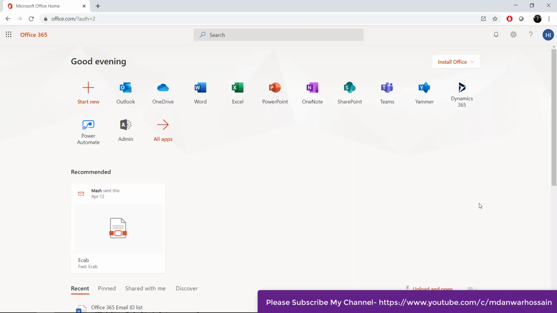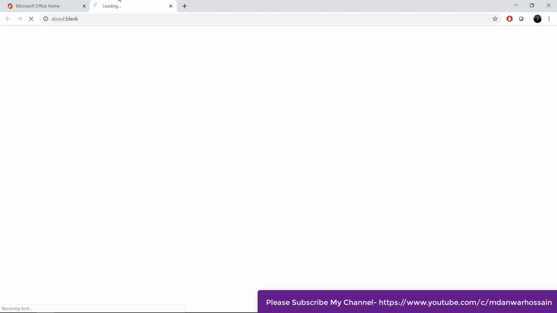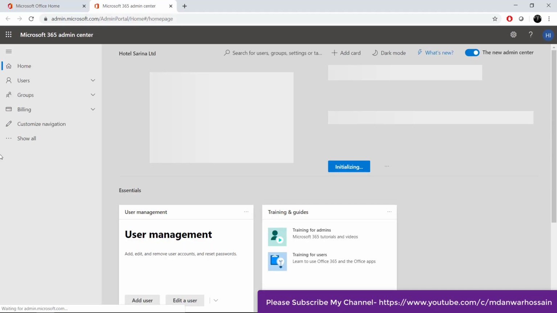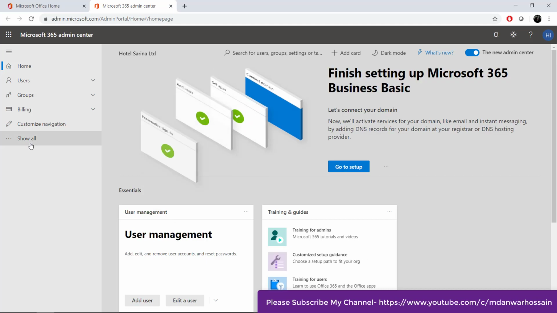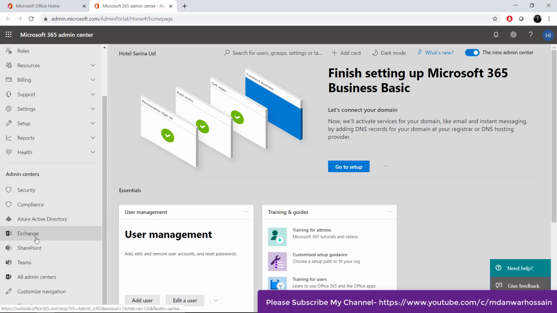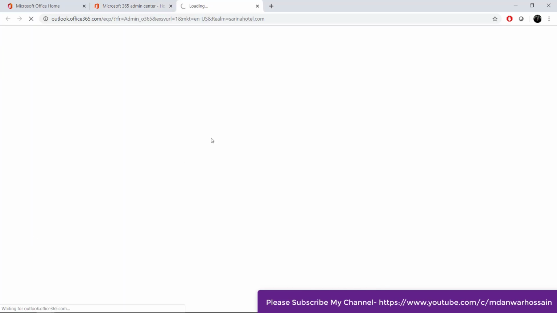Look, you can see the dashboard. So let's move to the admin. In the admin panel, there is a left side show all. Click there. Scroll down, go to Exchange.